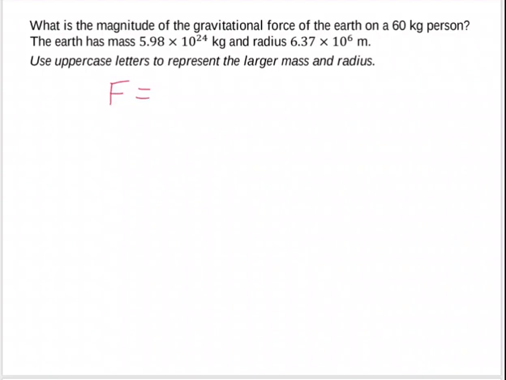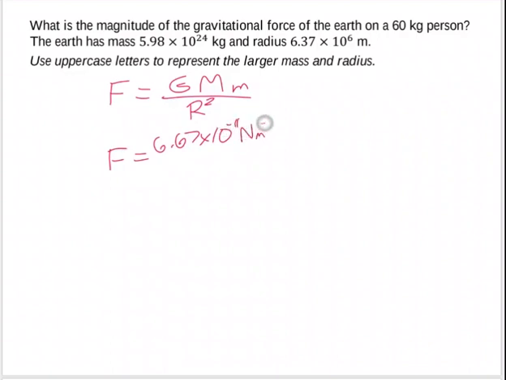The italics here say we're going to use capital G for the gravitational constant, big M for the mass of the Earth, little m for the mass of the person, over R squared, with big R for the radius of Earth, squared. We're using big letters and little letters to represent big objects and little objects, rather than using subscripts. Okay, so we have F equals 6.67 times 10 to the negative 11 newtons times meters